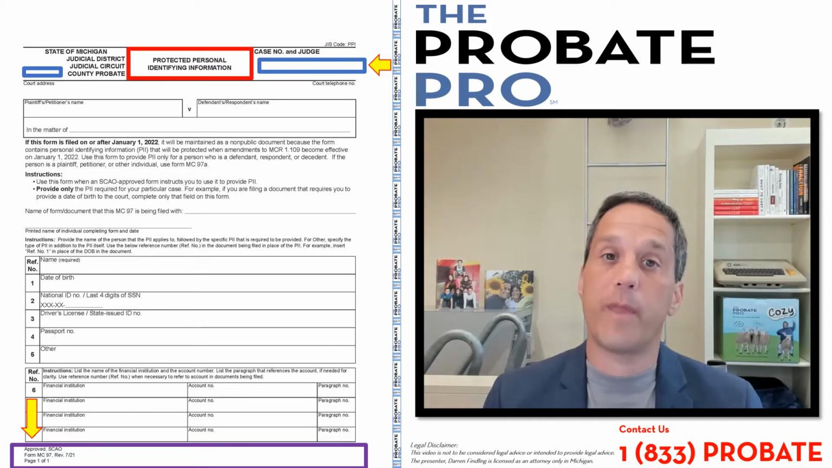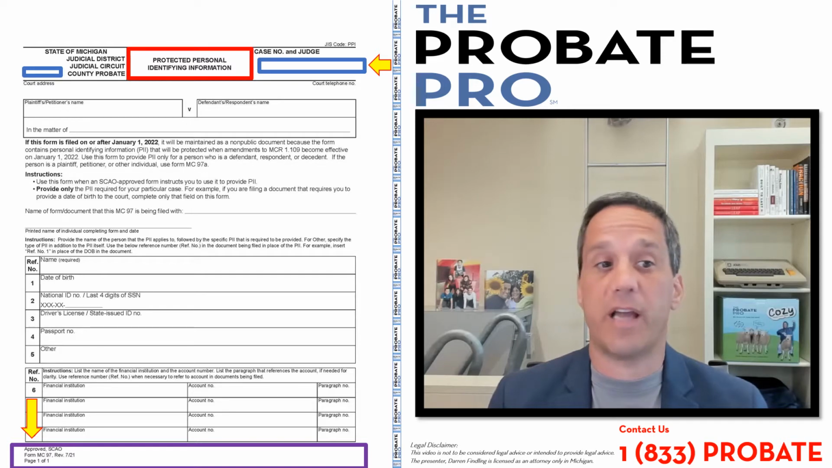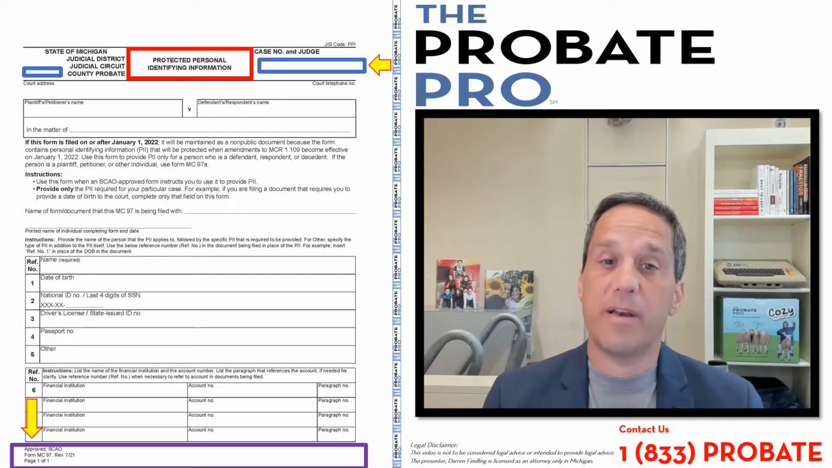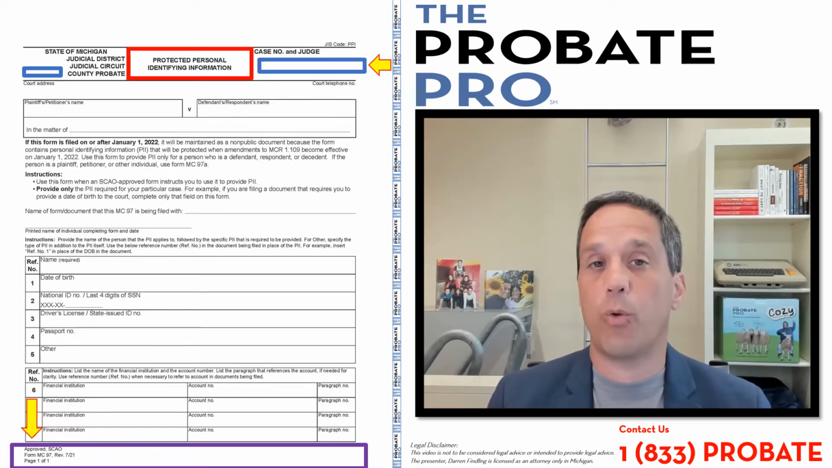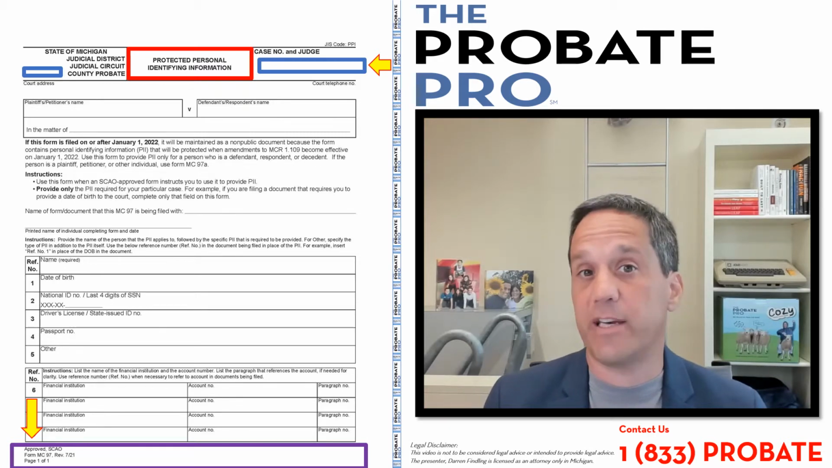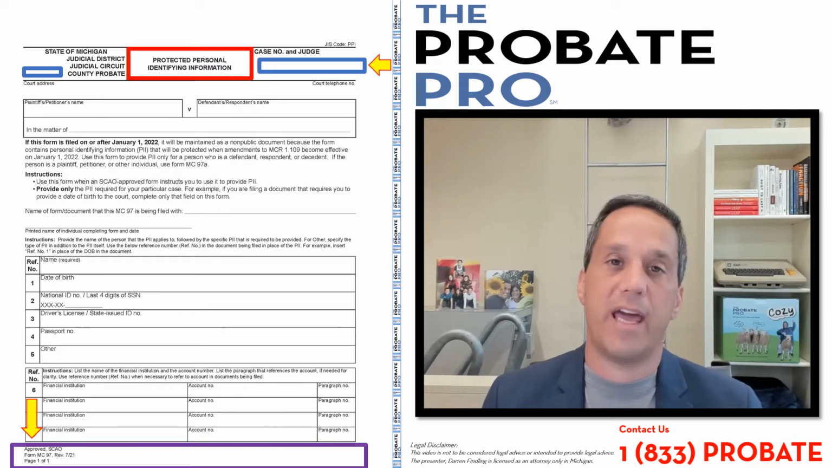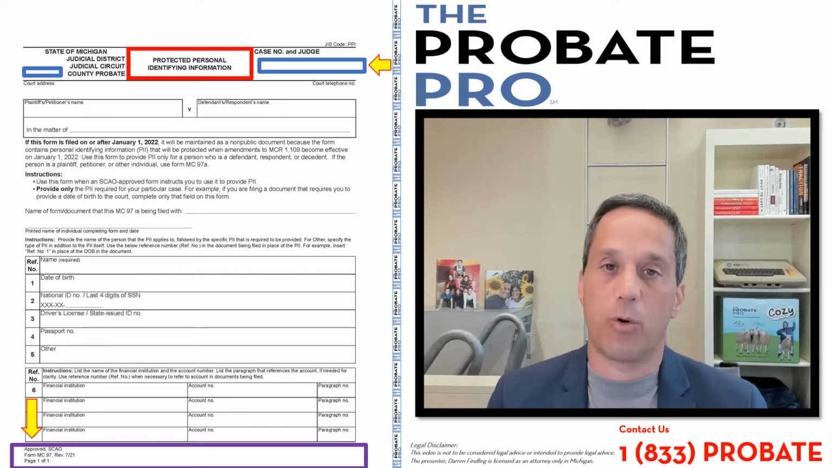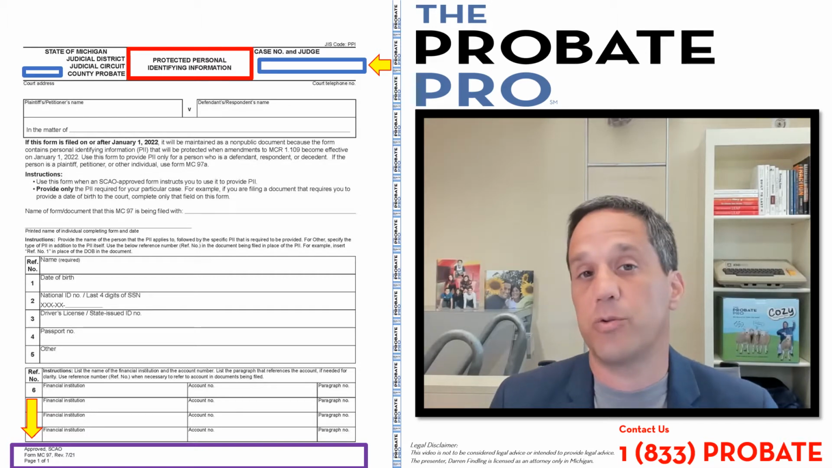Now, this form that we're going to go over, the Protected Personal Identifying Information Form, which is MC 97, was revised and went into effect July 1 of 2021, but has been delayed in its mandatory requirement until the end of 2021. Now, this form finally catches up to an administrative order and a recent change to the Michigan court